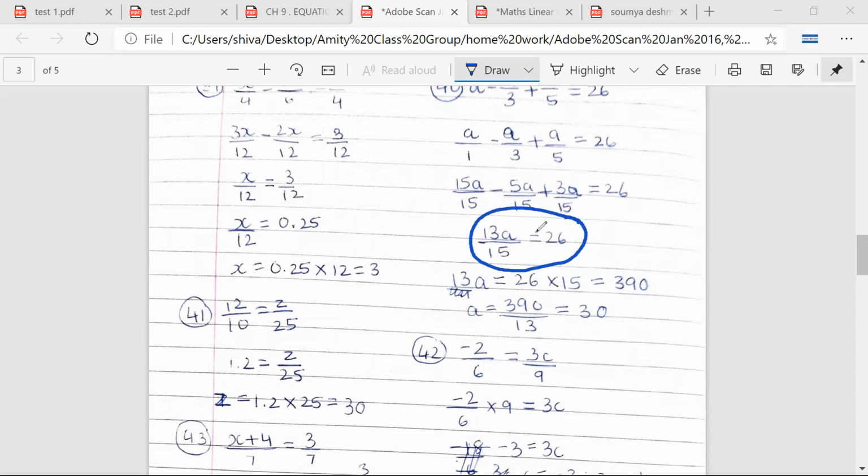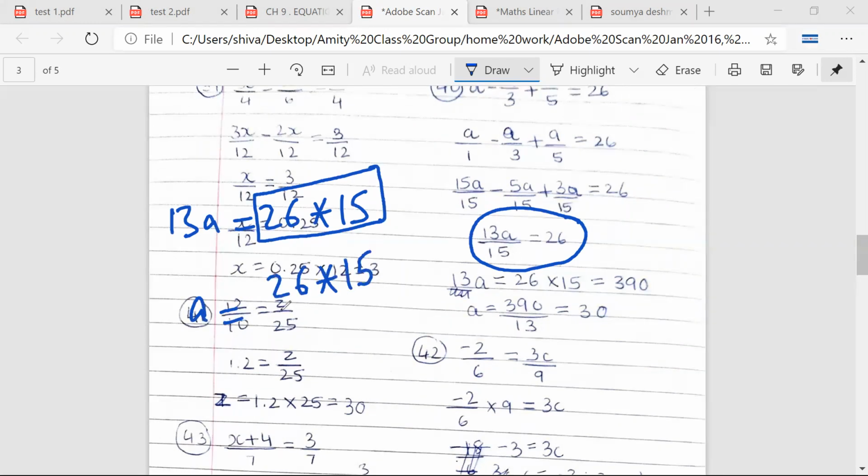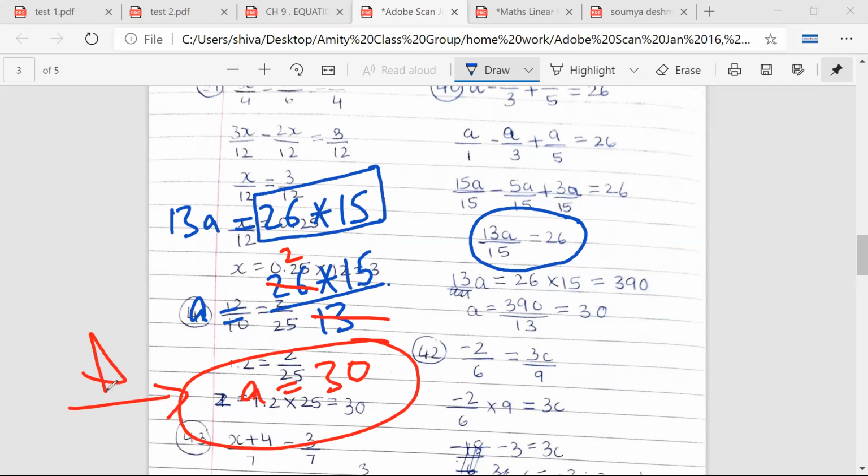So for example, if you look at this, how should I solve this? The method is okay, but there is a shortcut. What is the shortcut? 13a is equal to 26 into 15. Aishwarya ji, is it correct? Yeah. My point is, why do you need to multiply 26 and 15? Why are you wasting time here? Why don't you write this as 26 into 15 upon 13? Okay. Soumya ji, any doubt? No, sir. And this is what we had done as a homework also in one of the classes. Sanvi ji, any doubt?